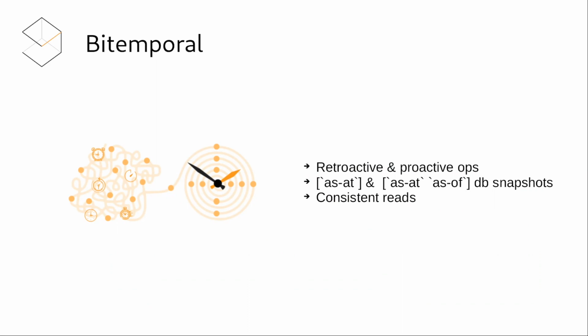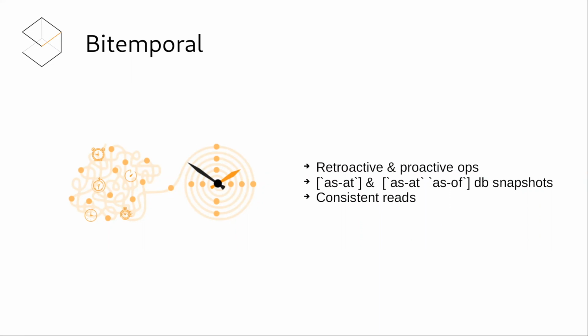And then with the queries, we talked about as-of earlier. The language "as at" is also quite useful. Most of the time you'd be wanting to query the valid time, but you can also do valid time and transaction time to do those sort of audit queries. And that capability is what gives consistent reads. So as you have multiple Crux nodes, you know that they're at the same transaction time level by specifying the as-of time. And that's what allows you to scale and know when the nodes are up to date, and you can put them behind a load balancer or whatever you need to.